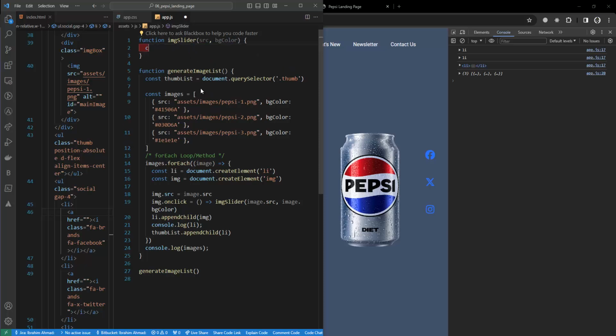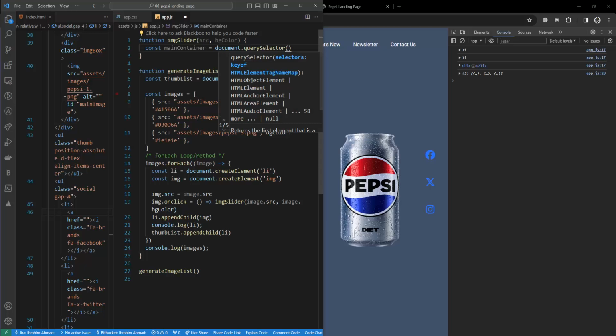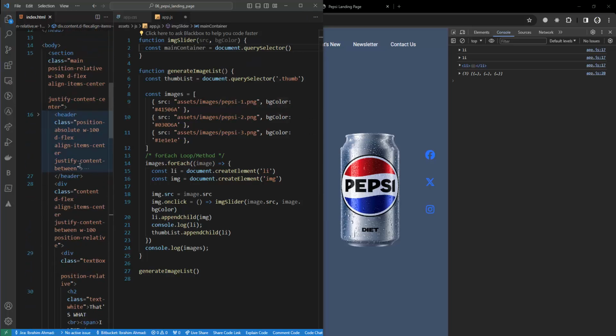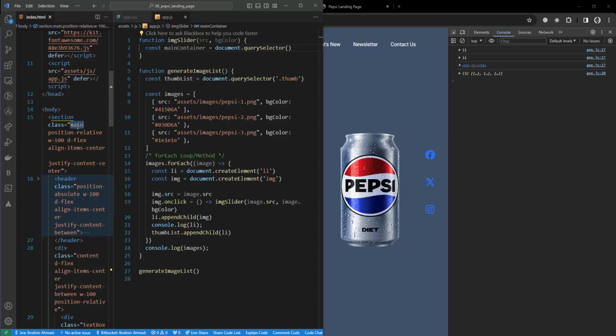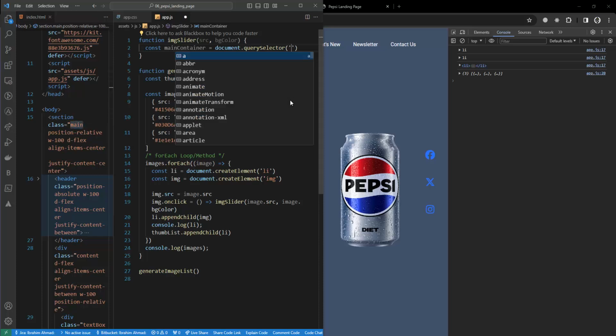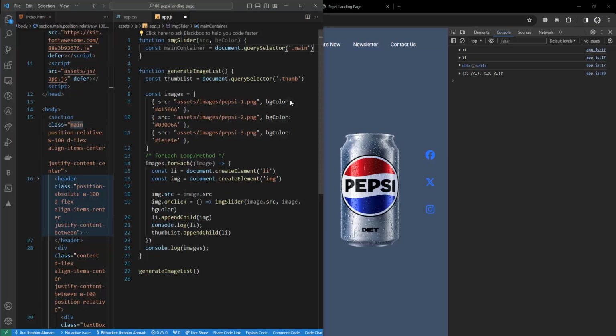And inside here I'm going to say const mainContainer, and it is equal to document.querySelector. And here, if I go on top, can you see I have given a class at the start, the main class. So I'm going to pick that up from here. I'm going to say .main. I'm using the query selector, that's why I'm using the dot here. I'm not picking this by class name or by ID, so that's why I'm using the dot here. So after this main,